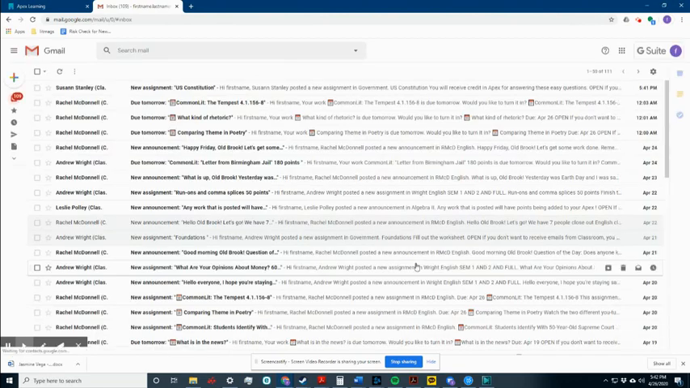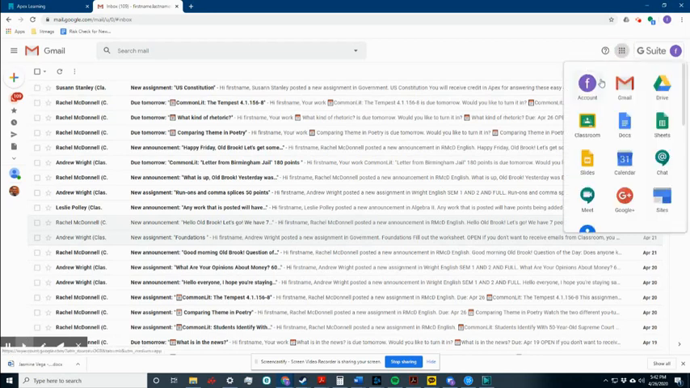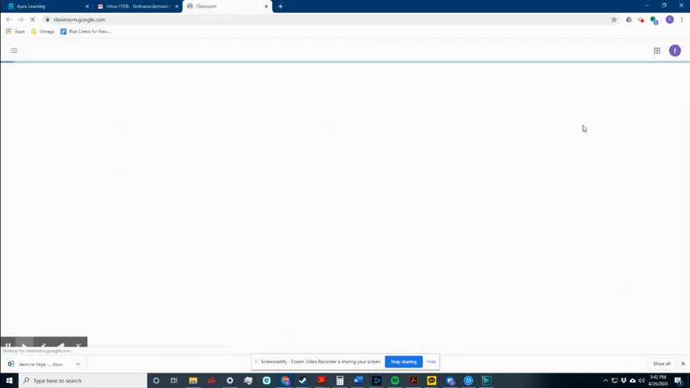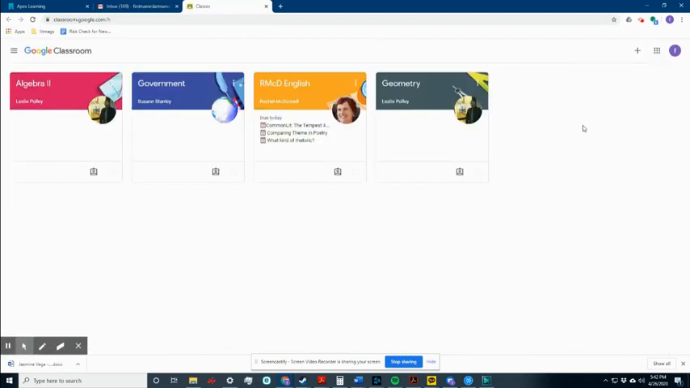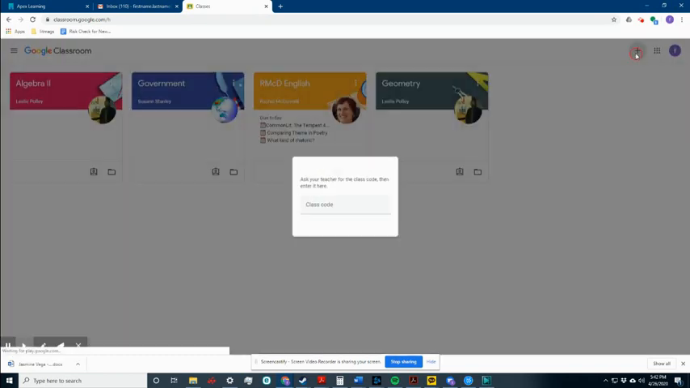So now we're in our Gmail. This is where you can see all your emails, all your school emails. And we go to this waffle and click on the classroom icon, and you can see all the classrooms that you're currently in now. And you have to go to that little plus there,